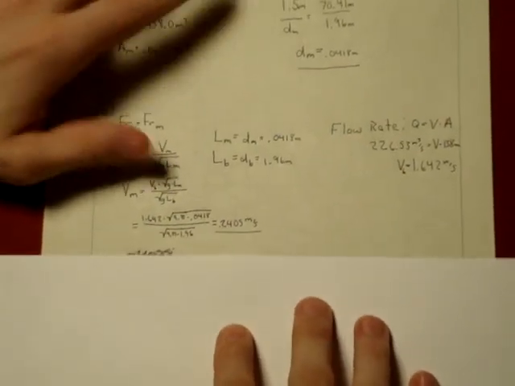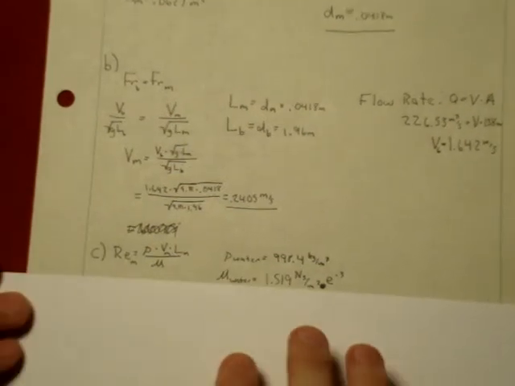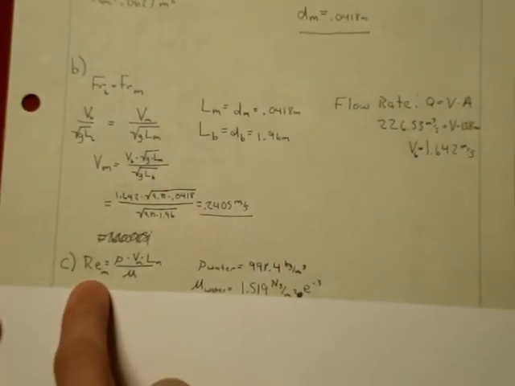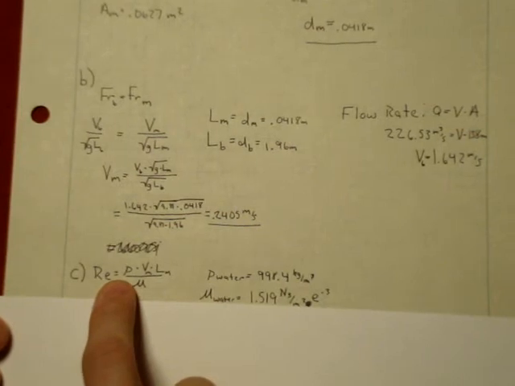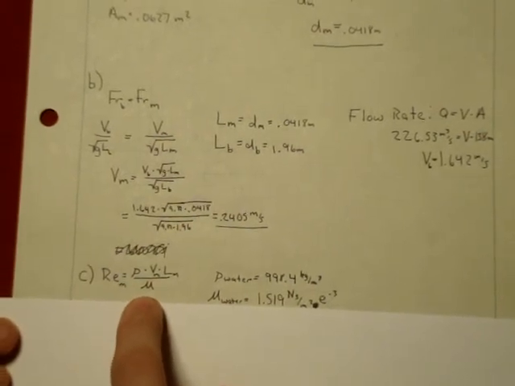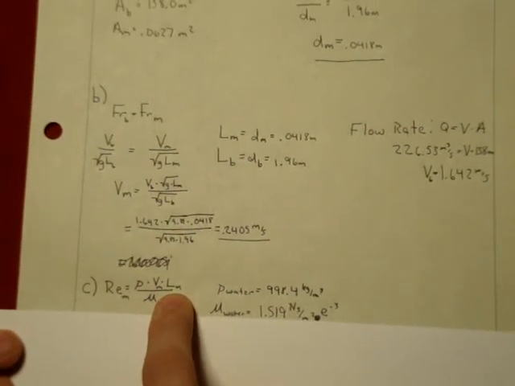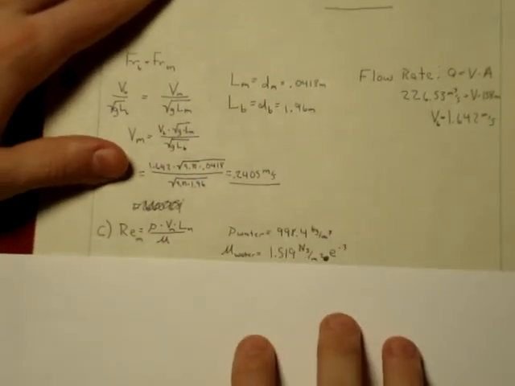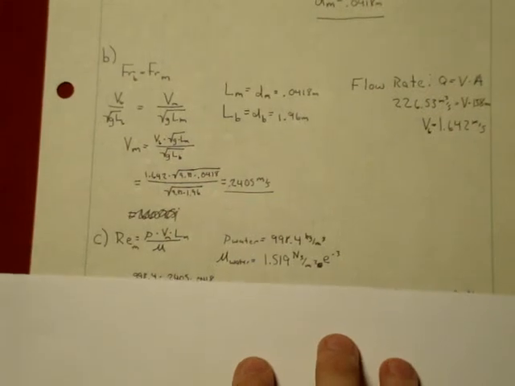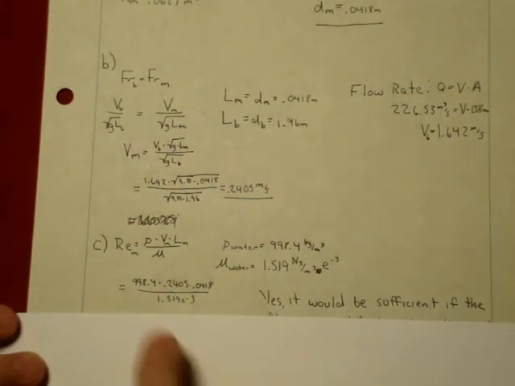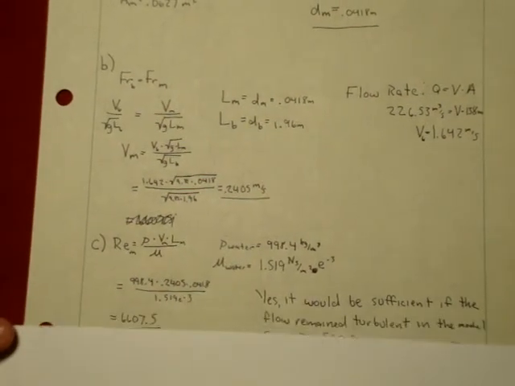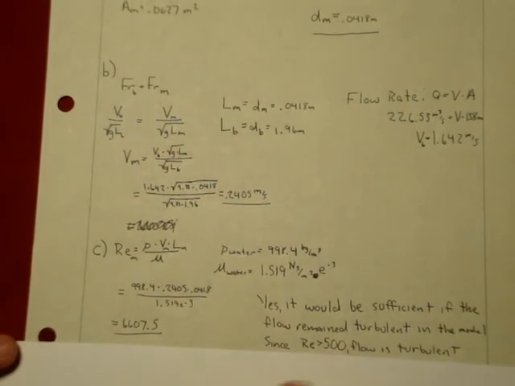Moving on to part C, we need to find the Reynolds number of our model. We find that using the density of water, the viscosity of the water, the velocity of the model, and the depth or the length of our model. Since we know all these numbers from part A and part B, we can plug this into our equation and find that our Reynolds number is going to be